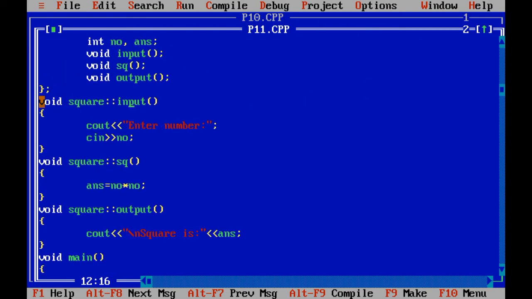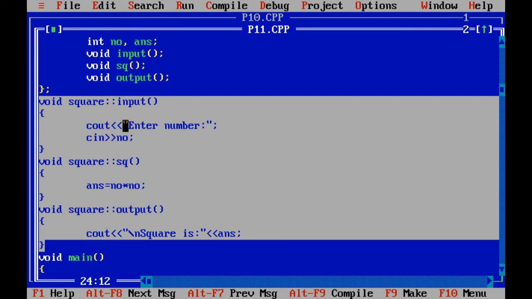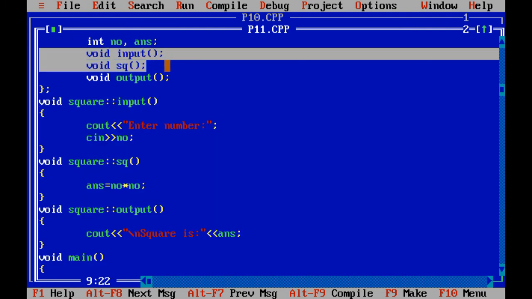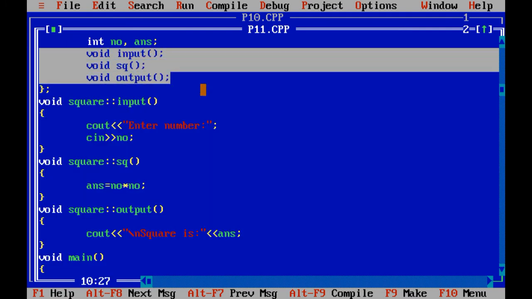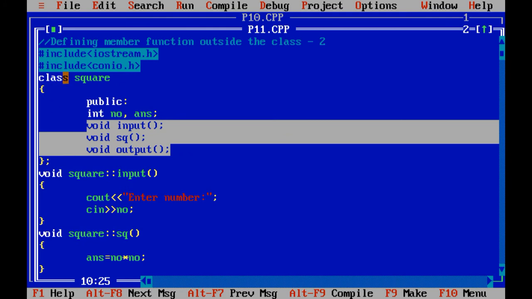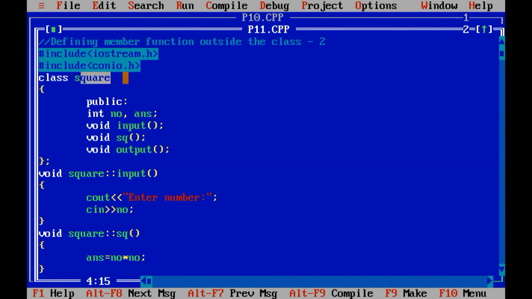Whatever methods you have declared inside the class are defined outside the class, right? You need to mention that these are the methods which belong to the square class, so that in future you can develop accordingly.